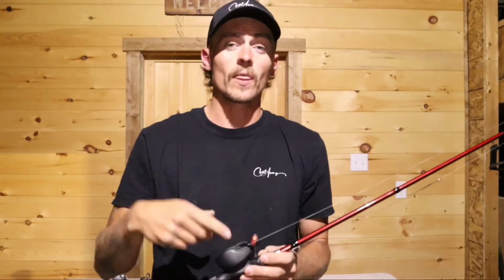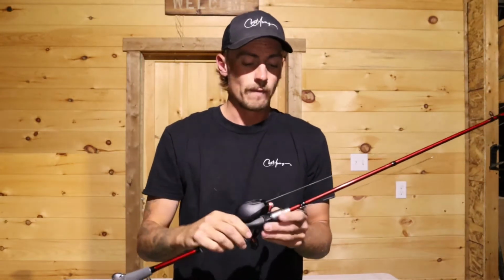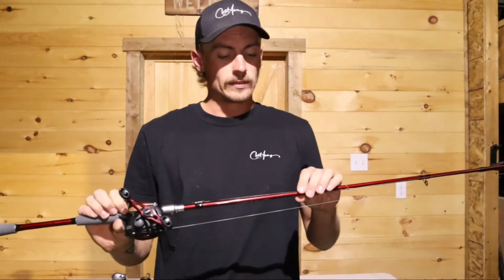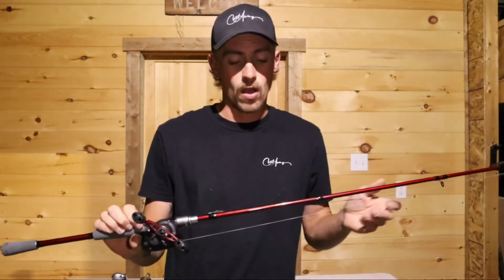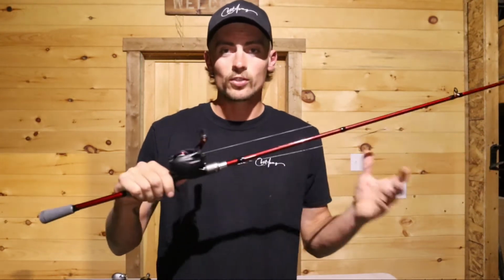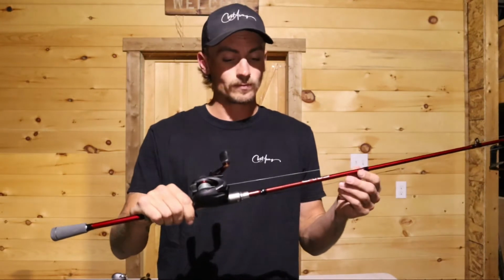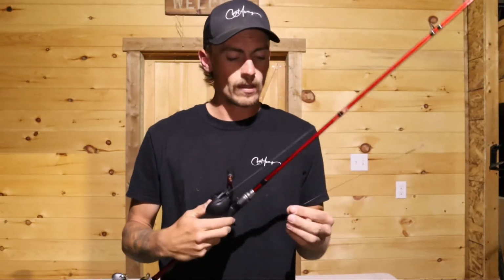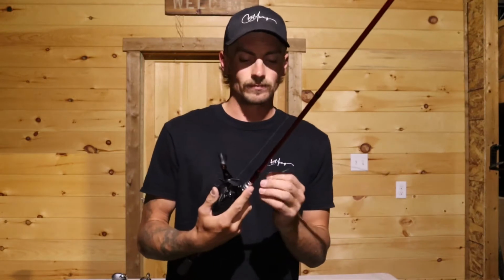This is a two-piece rod. The last one was a one-piece, but super good rod. They're both very similar. They are both a medium heavy rod. The reels are both 7.2 to 1 ratios, so very similar setup. This one has 40-pound line on it, another 50-pound leader, and this one I'll probably put like crankbait, jerkbait, and